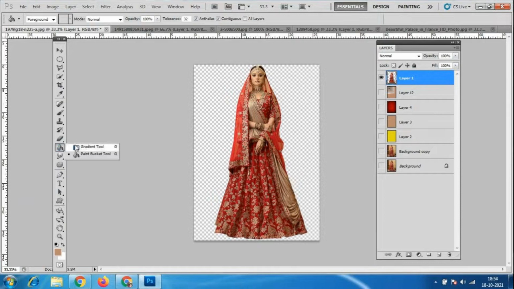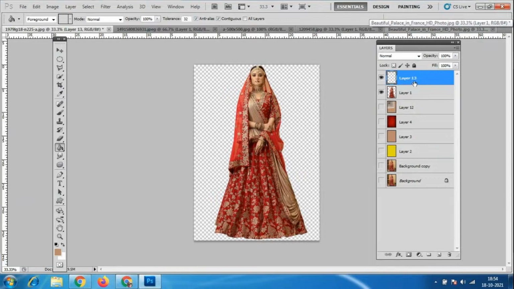So we'll go to the paint bucket tool. Before that, I have to give a different background, and this girl should be on a different layer, so I'll keep both on different layers. Why do we always use layers? Photoshop has a very good option that we keep everything in a different layer, so that any time we can make changes.